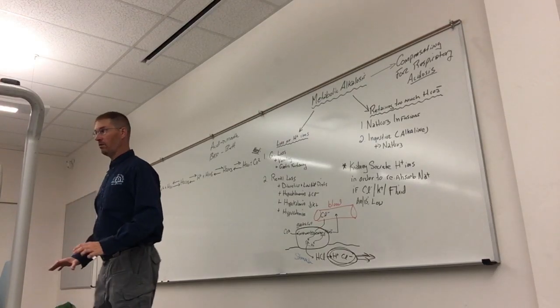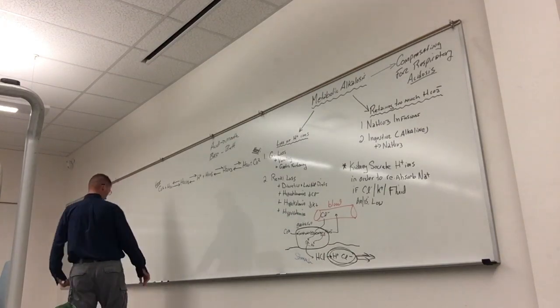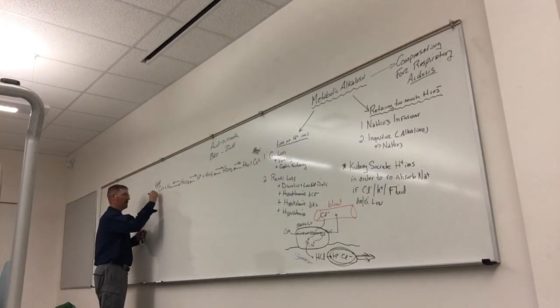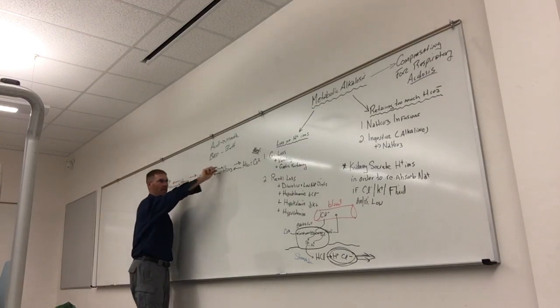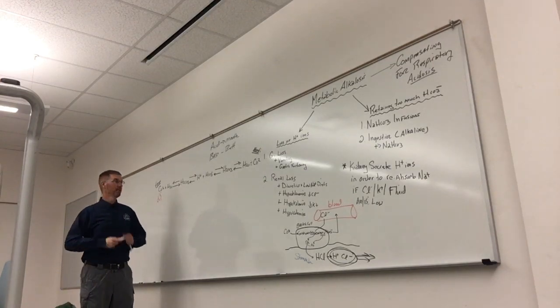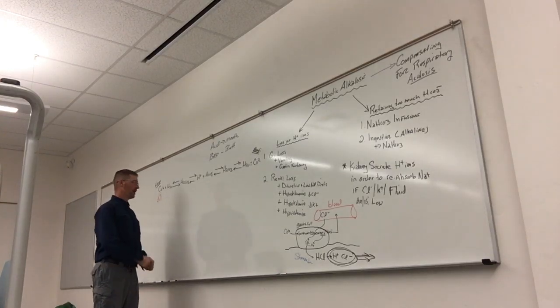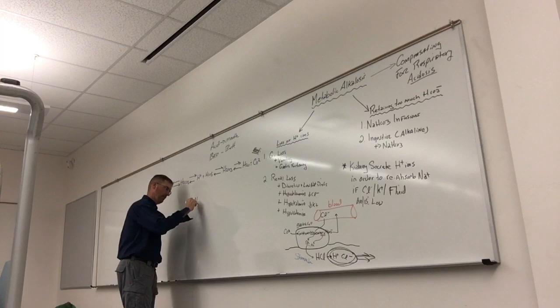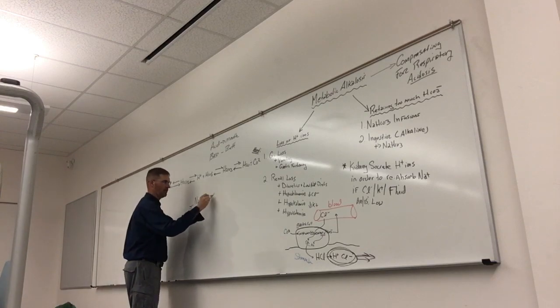Now, normally, what direction does this chemical reaction go in? Good, because you have carbon dioxide constantly being produced, right? And so as CO2 levels increase, that's going to shift the chemical reaction in this direction, right? Does that make sense? Okay. So here's a question. If I give somebody a large dose of sodium bicarbonate, NaHCO3, what happens to that sodium bicarbonate when it enters the bloodstream?